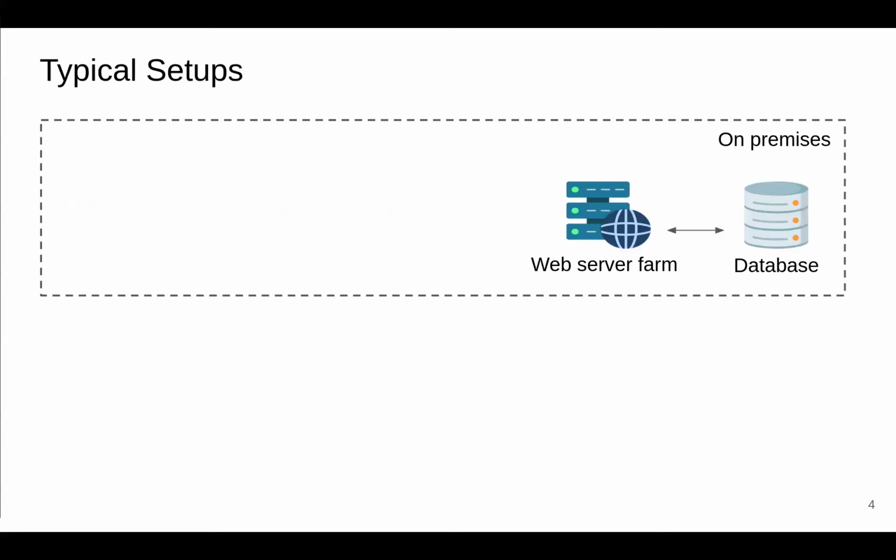Now, in a classic setup, we have some form of database. This can be a set of flat files. This can be a single file. This can be an actual database server with terabytes or petabytes of data, and then some kind of application that is running in front of it, where users can access the database through that.